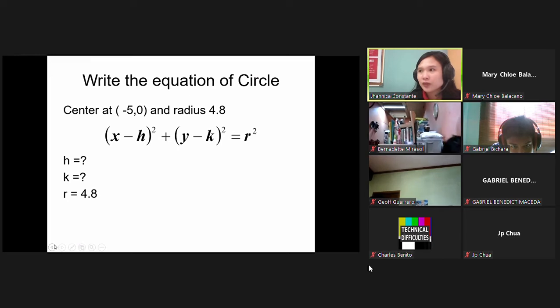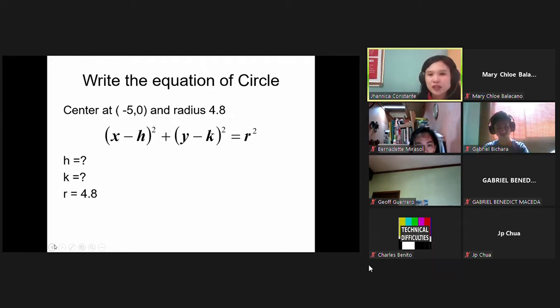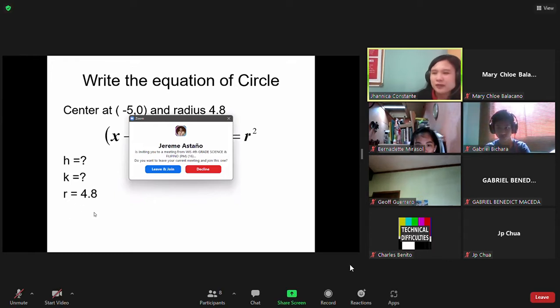For example, given the center and the radius of our circle, we have center (negative 5, 0) and a radius equal to 4.8. So we're going to write the equation of the circle in expanded form. Since we have already discussed the expanded form of our,